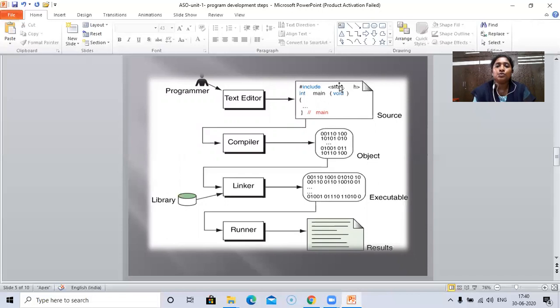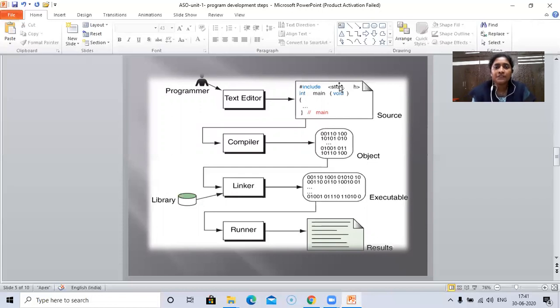The pre-processor unit will check whether the pre-processor commands are properly incorporated or not. The output of the pre-processor unit is then taken by the translation unit. The translation unit will convert that into machine level language. And when we save this, the file is called an object file.